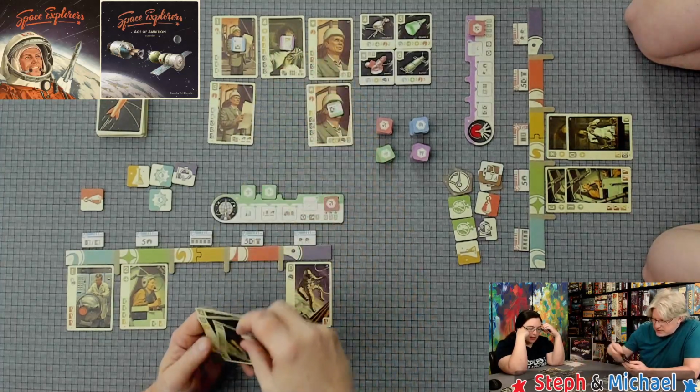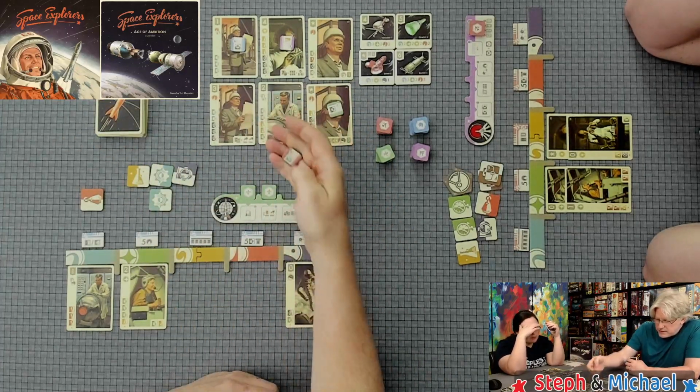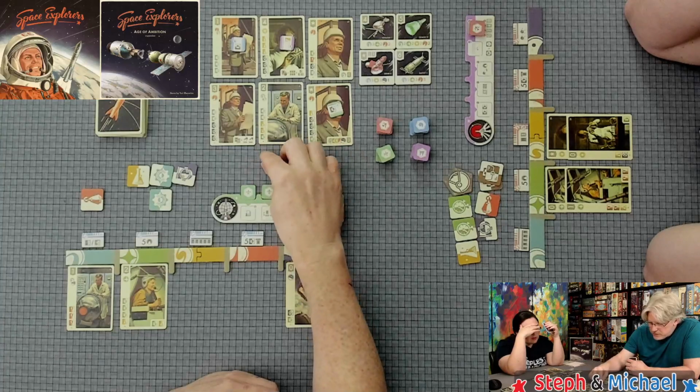I am going to take this into my hand. I'm going to place this here. I am going to